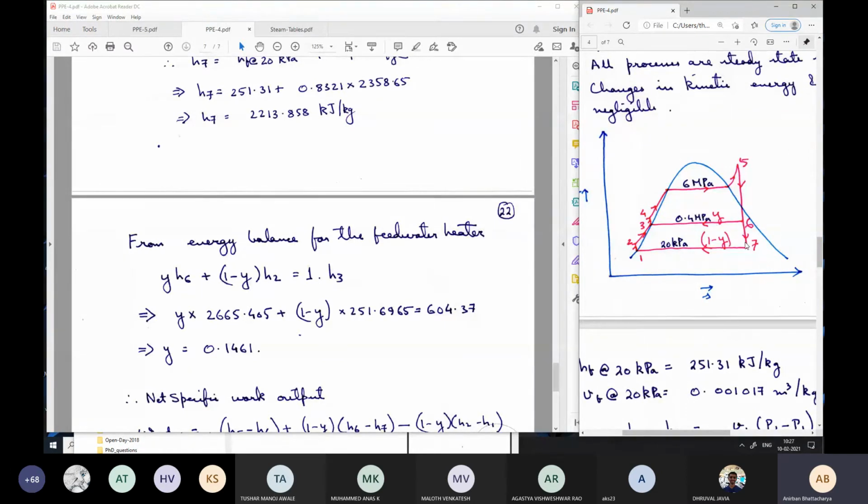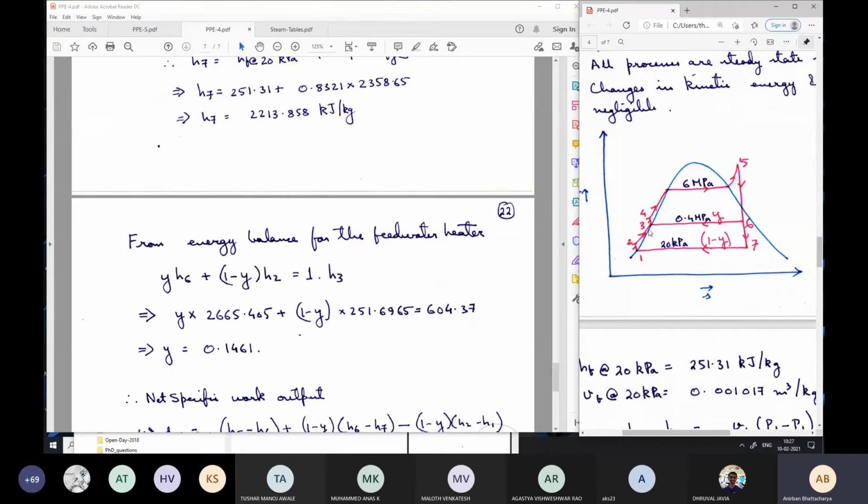Okay. And why is this value very small? We have just discussed today, a few minutes back, that steam loses the enthalpy as latent heat. So the heat loss per unit mass of steam is much larger as compared to the heat increase per unit mass of water, which is just sensible heating. And we can see from here also.